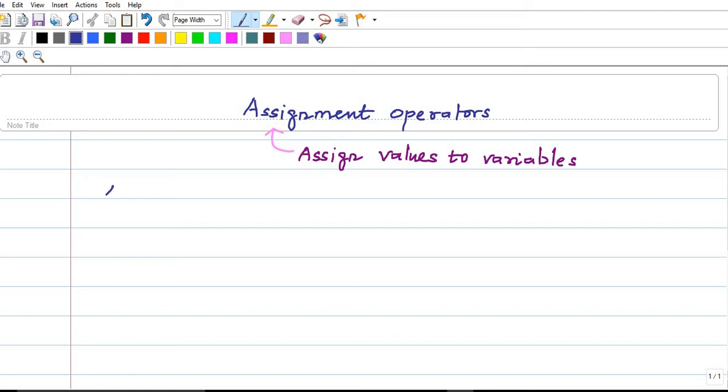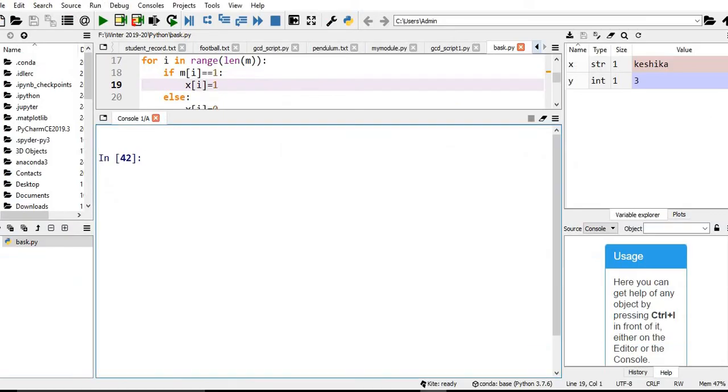say for example, x is the variable, x is equal to 10. Okay, the value 10 will be assigned to the variable x. We will parallelly go to the Python console and discuss this, x equal to 10. You just see immediately here, the corresponding value 10 is assigned to x.